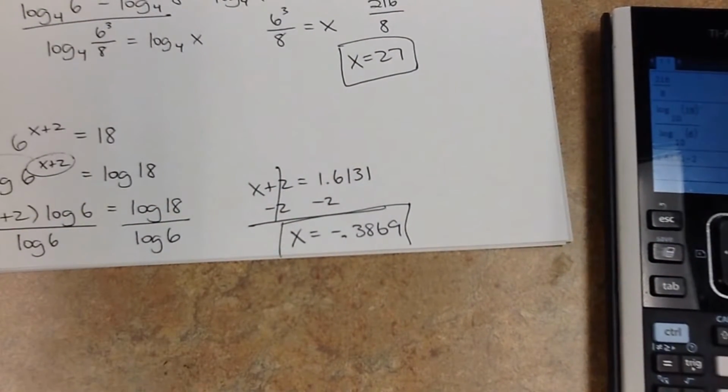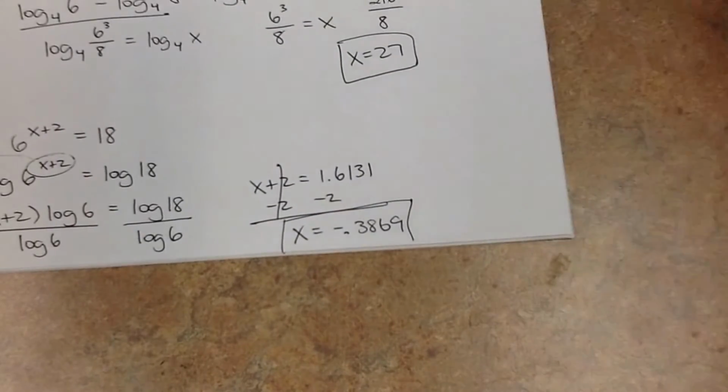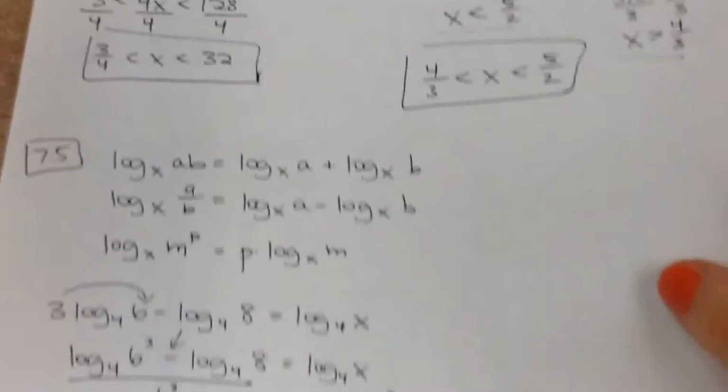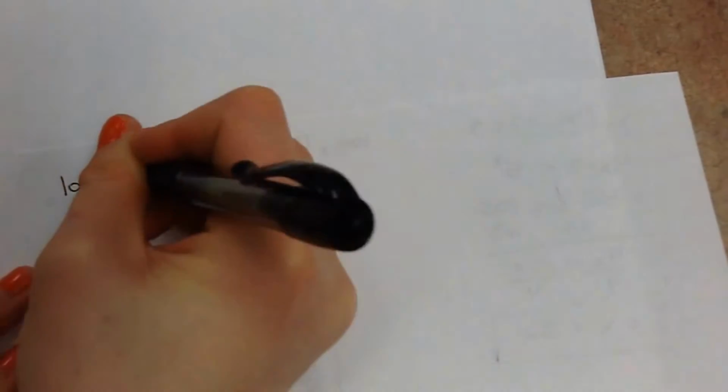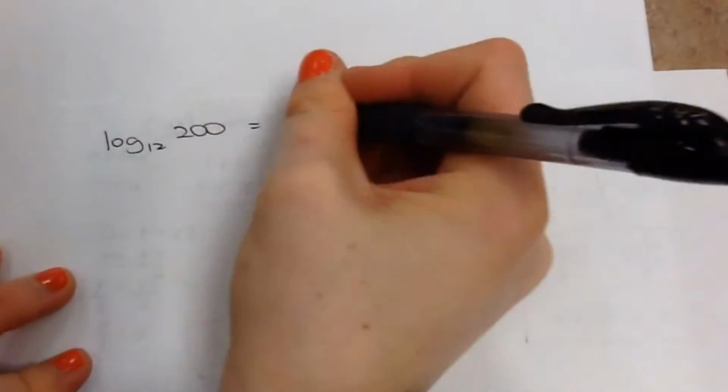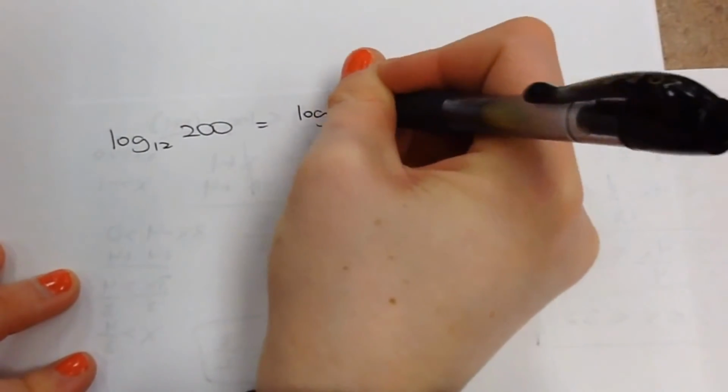Okay, so that's what you need to be able to do from 7-6. Actually, let me add in one more thing. We also did change of base in 7-6. So change of base, if I give you something like this, the directions will read express each logarithm in terms of common logarithms. So this is just that change of base formula that tells you that this is equal to